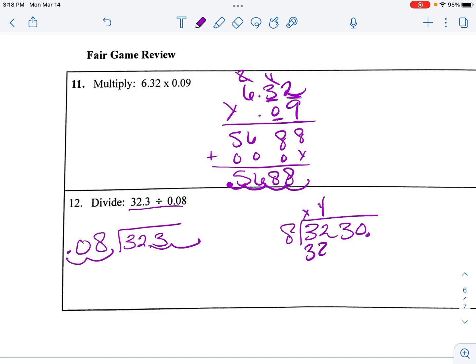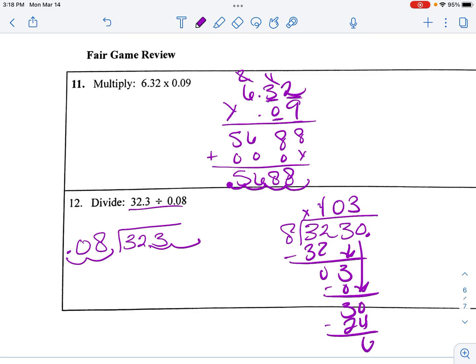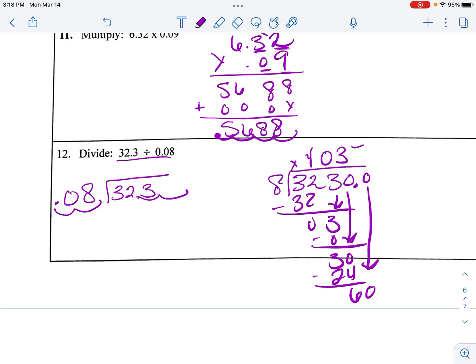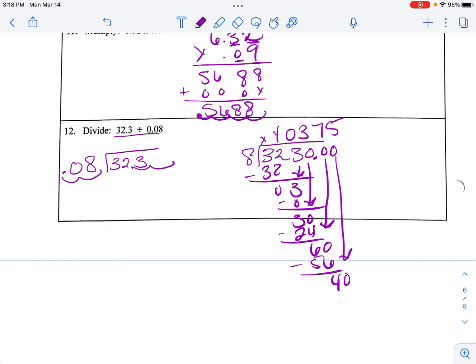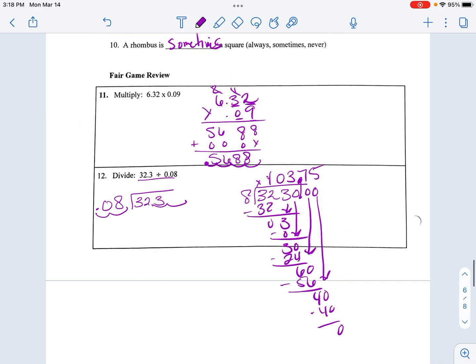It goes in 4 times, 0 times, 3 times would be 24. Add that decimal and 0, keep going. Goes in 7 times, which is 56. Keep going. Goes in 5 times evenly. And bring your decimal up. You must be able to show your work. Okay? Alrighty, come see me for